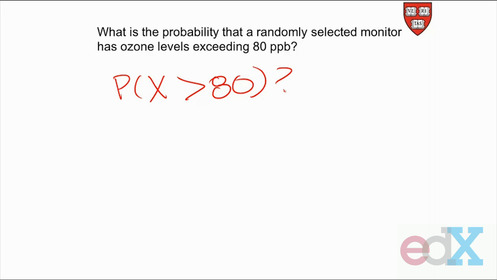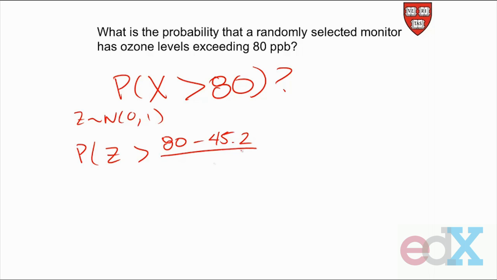So remember, the first thing we need to do is standardize. We need to get things in terms of the standard normal distribution. So what we're going to do is calculate the probability that z, a standard normal random variable, is greater than 80 minus our mean, 45.2, divided by the standard deviation, 6.3. So when I do that calculation on a calculator, what I'm really interested in is the probability that z is greater than